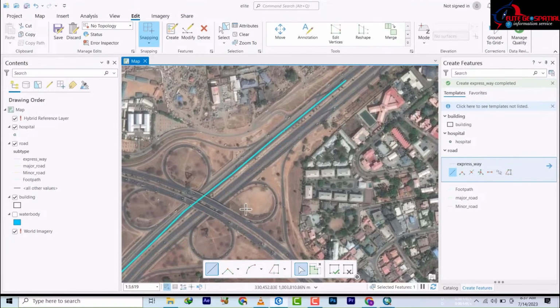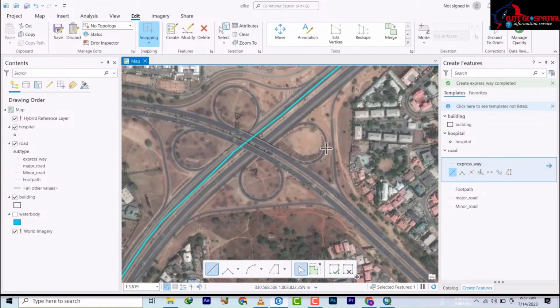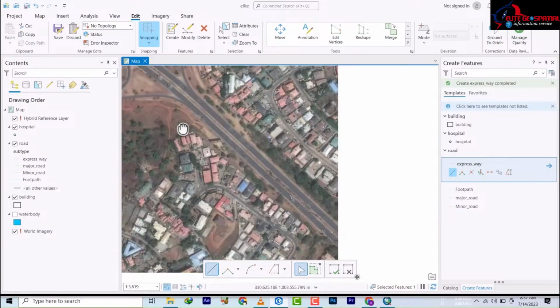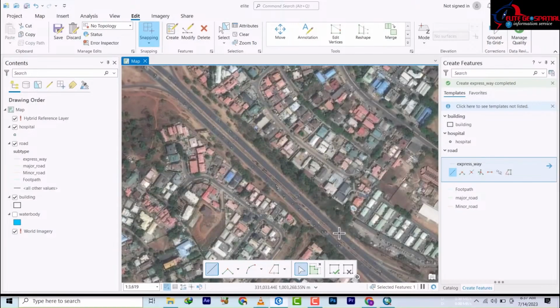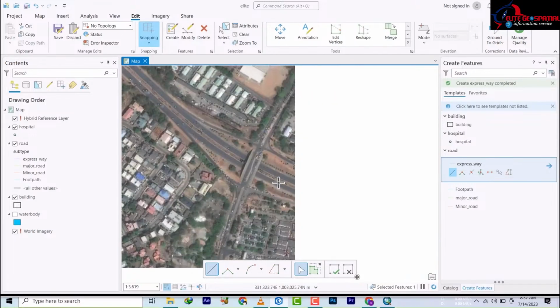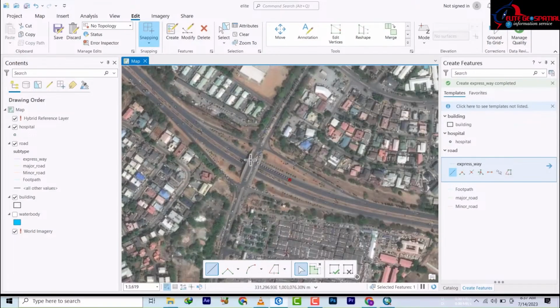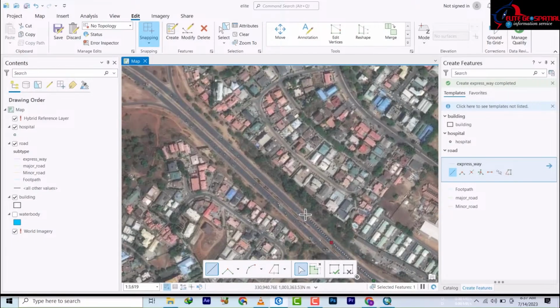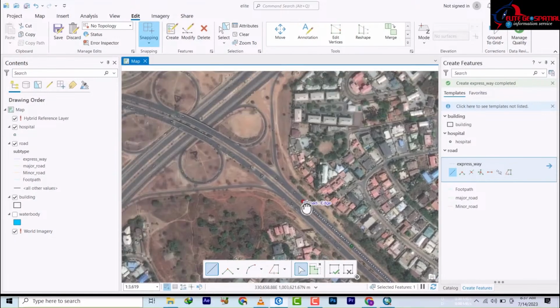Now I am not saying the road has ended. No, I'm only ending it because I'm only showing you how to do that. All right, so next, let's come down here and do the same here, but then I will explain. So let's start from here. Now here,